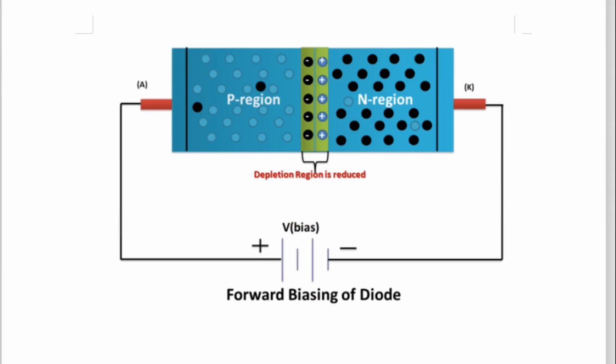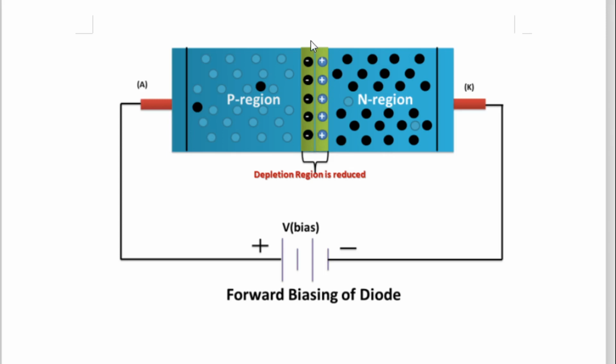Now actually when you combine a p-type material with n-type material as a single crystal at room temperature, the formation of depletion region takes place. The formation of depletion region is also called formation of barrier potential. And this is a very important part in the p-n junction diode, because of this barrier potential only, the p-n junction diode starts conducting after 0.7 volt in case of silicon and after 0.3 volt in case of germanium.